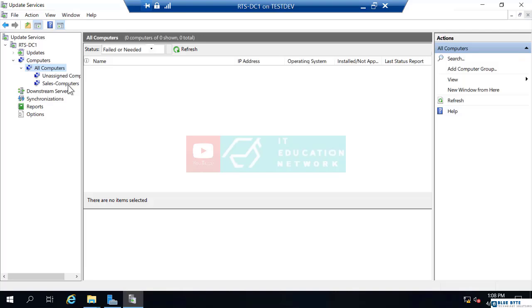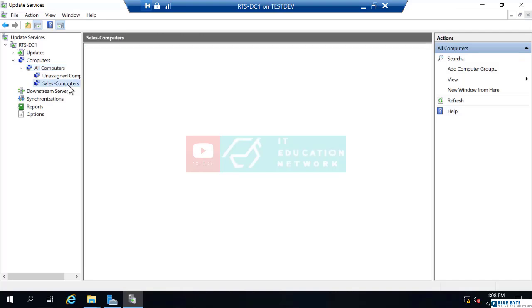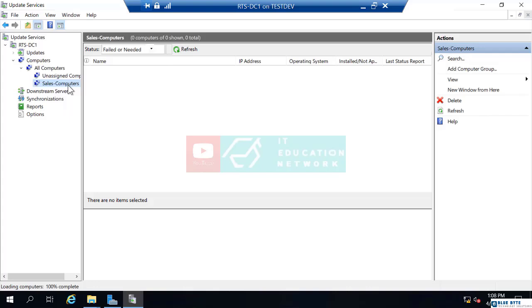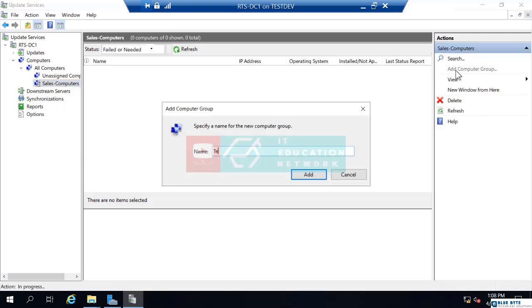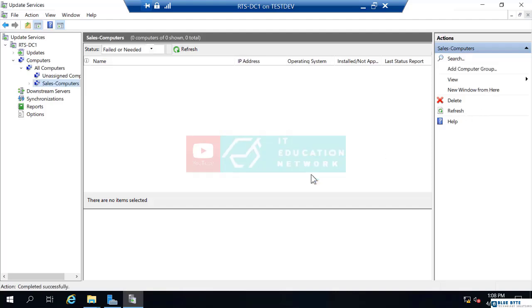Now, the advantage of that, when I deploy updates, or approve updates, I should say, I can approve updates for a specific group of computers. So if I want Sales Computers to get these updates, I could have it just deploy to Sales Computers. A common way this is done, or maybe the most common use, I want to test these updates. I want to make sure they don't break anything. So an easy way to do that is to initially,